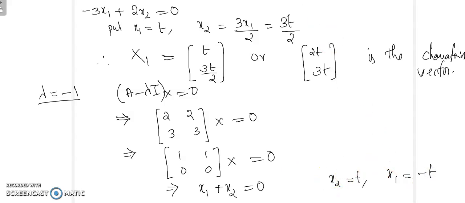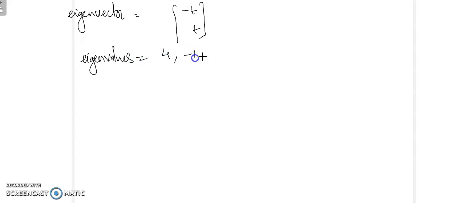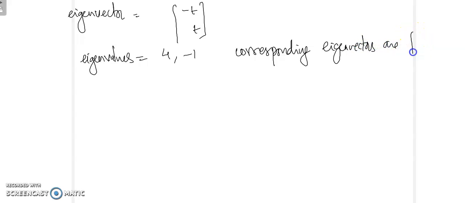So therefore the eigenvector is, we will get minus t and t. So that is the corresponding eigenvector. So the eigenvalues, or characteristic values, are 4 and minus 1, and the corresponding eigenvectors are, so the first vector will be,